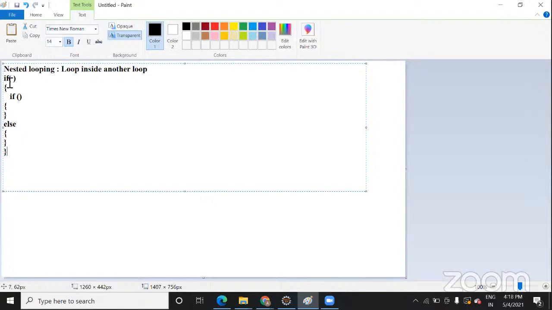So these are the nested conditions I'm talking about. But if else is not a loop, I think. Yeah, if else is a condition only. Yes, I'm coming to that. So this is the condition part.